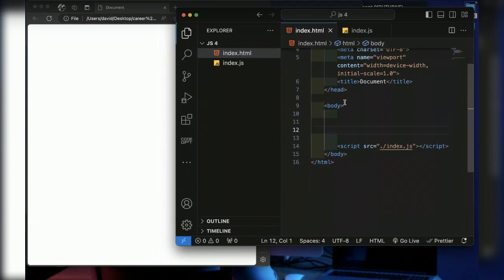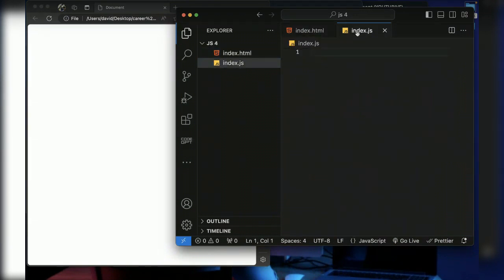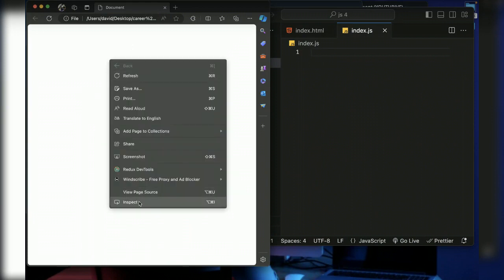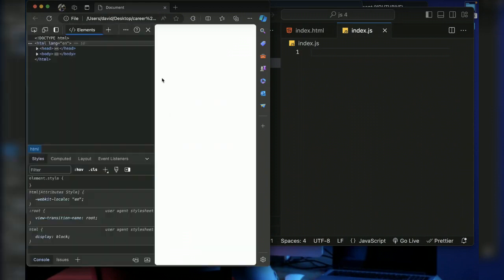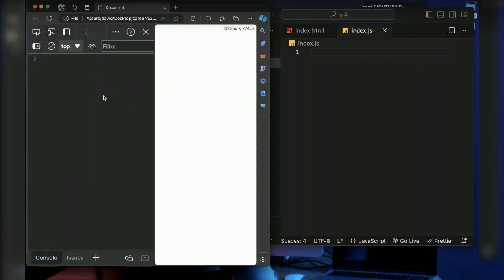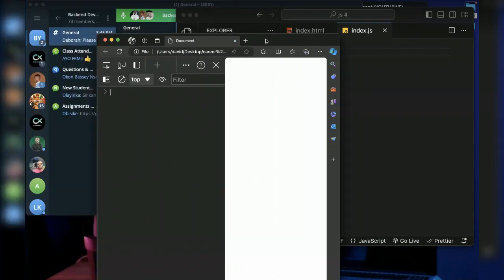But here I have my JavaScript, and in order to see the JavaScript I will write here, I need to right click on this browser, open inspect, and I will still say again, just watch the video and you will understand all of these things that I'm doing currently. But even if you've not watched the video, no problem. Just pay attention to the part where I am teaching. Now, if I'm done with the class, you understand it anytime you go through the video.